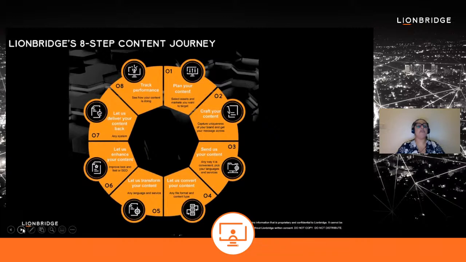And based on the sum of our experiences, we've developed a generic content life cycle and a set of best practices that any company can use to elevate their localization process. Our 8 step content journey life cycle encapsulates the most important activities across marketing and localization. The marketing component of the content journey comprises steps 1, 2, and 8, and the localization component involves steps 3 to 7.